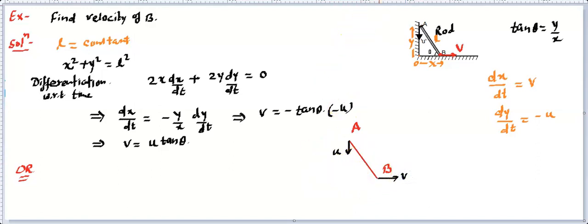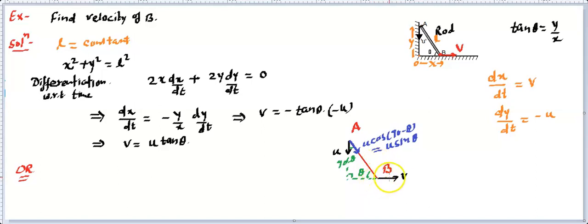Now we can make the components whenever and wherever needed. Now you will find that this angle was theta. Of course this will be 90 degrees, so this will be 90 minus theta. If it is 90 minus theta, then you'll find the component of this u. Make a velocity component of u in the direction of the rod. So this point will have a velocity component in the direction of the rod. This angle is given to us, so you write it as u cos(90 minus theta). Cos(90 minus theta) is basically sin theta, so that's u sin theta. That means this u will have a component along the rod as u sin theta.